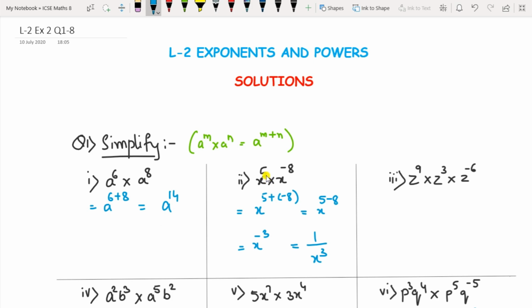If suppose one power is plus and the other is minus, so plus minus becomes minus, so accordingly you have to put the sign of the bigger number, and if the power is minus, to make it positive you have to write its inverse. Similarly this one, z raised to 9 plus 3 plus minus 6. So it becomes z raised to 9 plus 3 and minus 6. That becomes z raised to 9, 10, 11, 12. 12 minus 6 is 6. As 12 is plus here, so it will be plus 6.